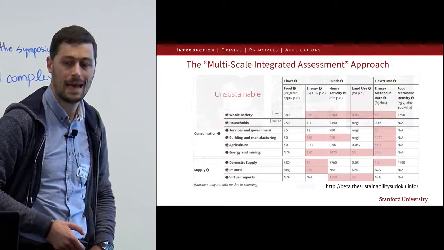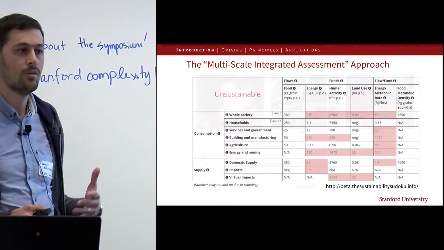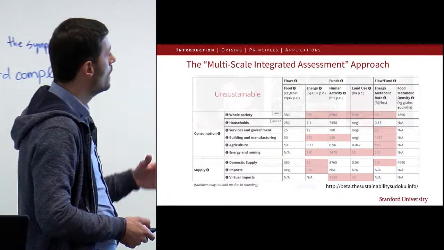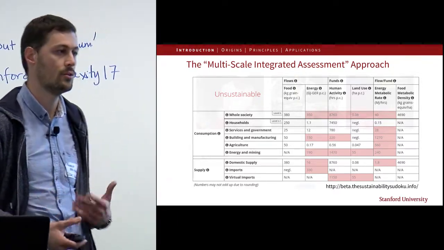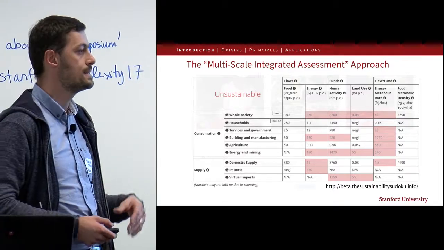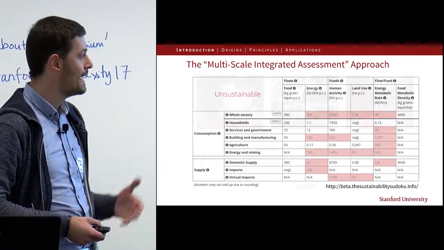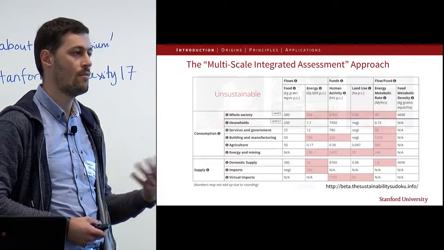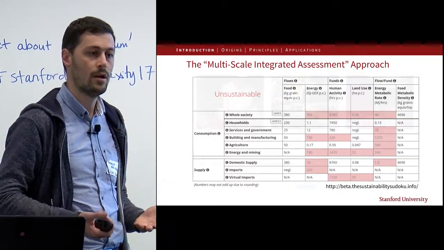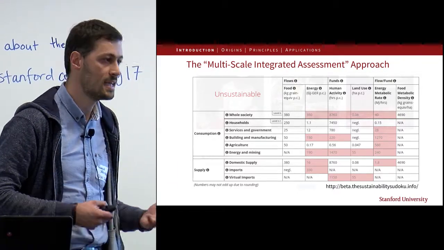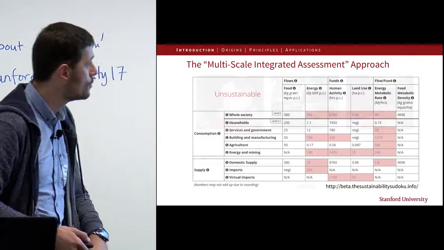society as a metabolic system based on various sectors. So if you wish, you have households, services and governments, building and manufacturing, agriculture and fisheries, energy and mining, and so on. Those are like organs in a body. They provide some functions, whether they provide food or energy, and they have some requirements in terms of land use, energy flows, population or labor, human activity, if you wish.